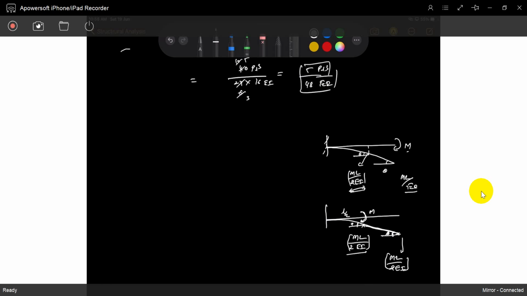No change at all. There is no movement in the second portion. It will go straight. It will bend like a straight line. So this theta is ML by 2EI. So for this movement, what does the theta mean? This theta is equal to this theta, because movement multiplies with rotation only. Not a delta. Understood? You can easily understand it, you can do it very simply.